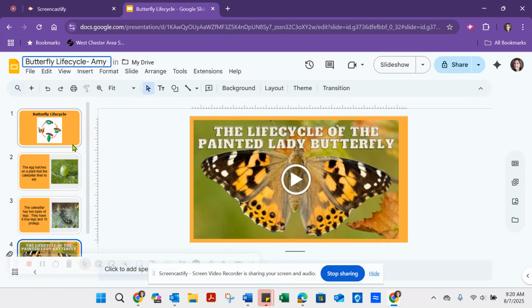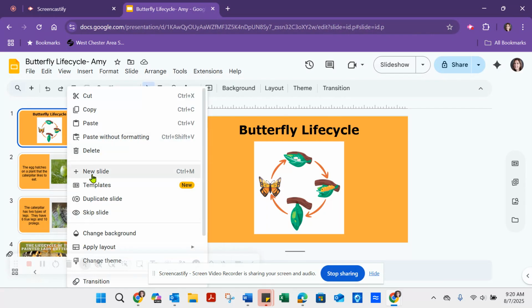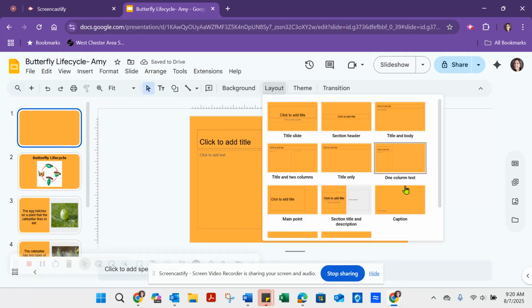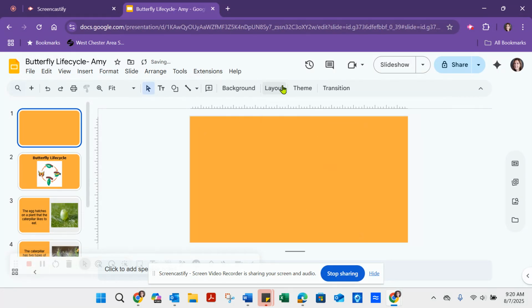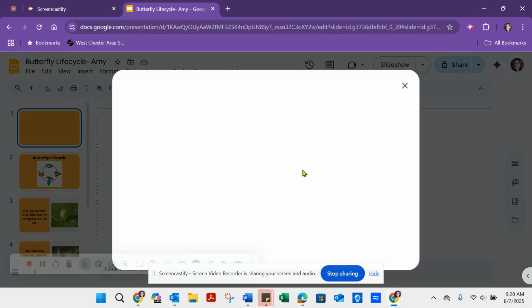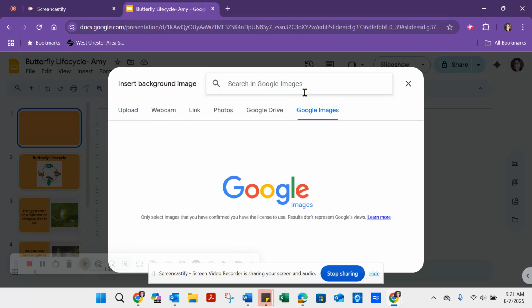One last thing I want to show you is, I'll just go up here. I'm going to do new slide, and I want it to be blank. And for the background, we were changing the colors. There is also an option to choose an image. So if I click here, lots of options of where you can get your images. I don't already have one ready. So if I go to Google Images and now I type Painted Lady Butterfly,